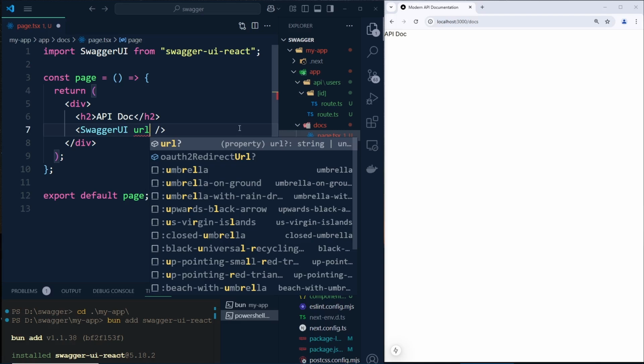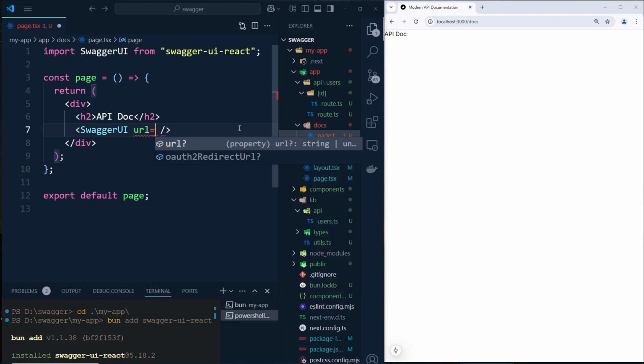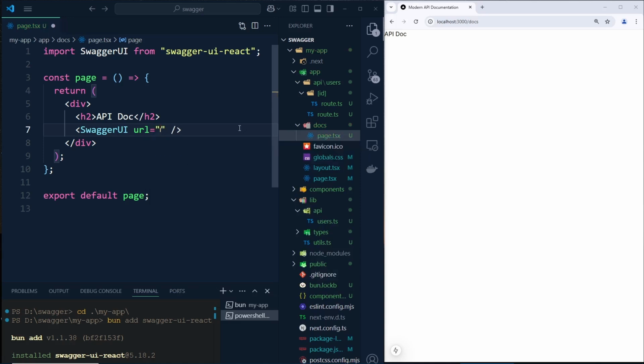And inside this URL we need to define the JSON file. Basically we need to define the schema, how our API will look. So here is the URL, and let's say initially that's going to be empty. After adding the URL, it says no API definition provided, so we need to define the API definition. And inside this URL I would like to add a file name, which will be, let's say,